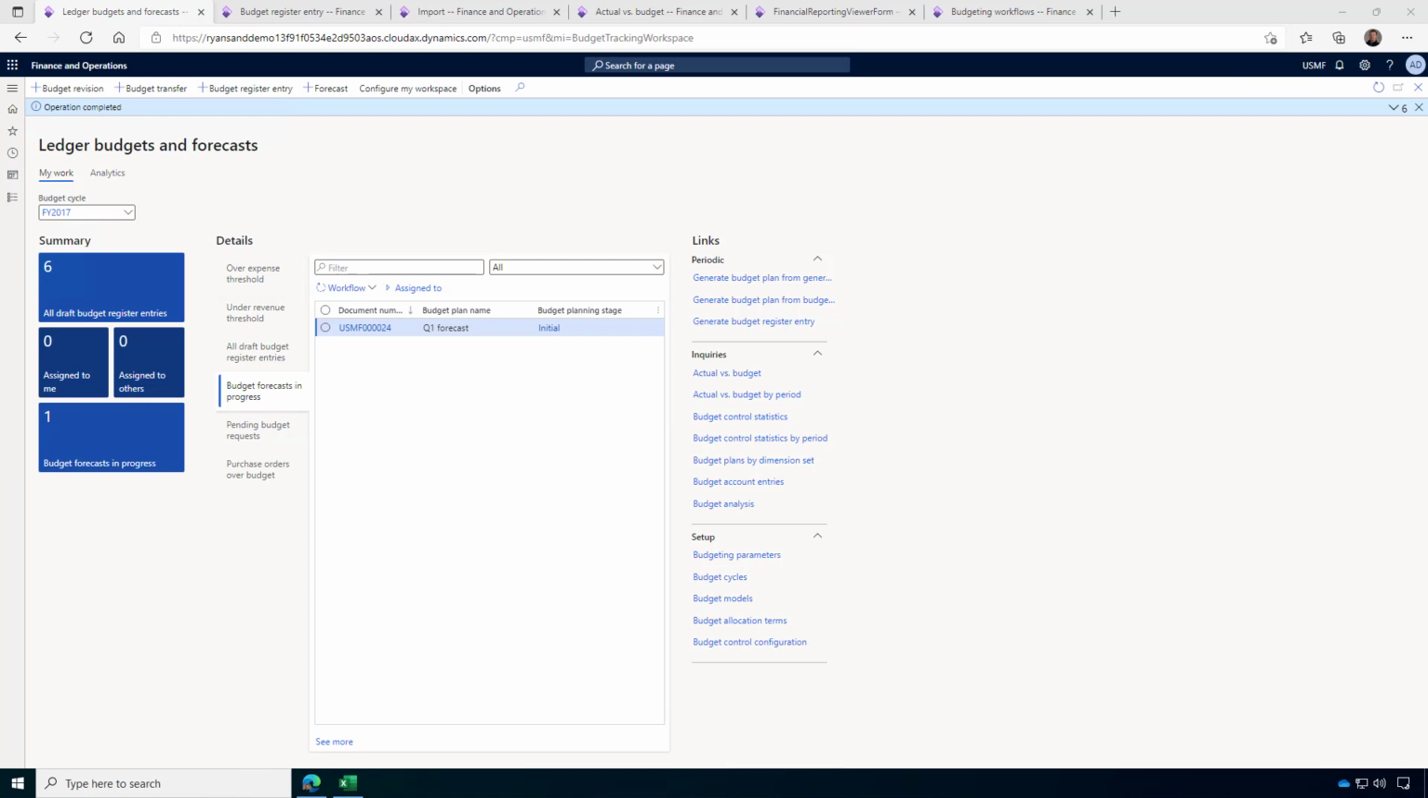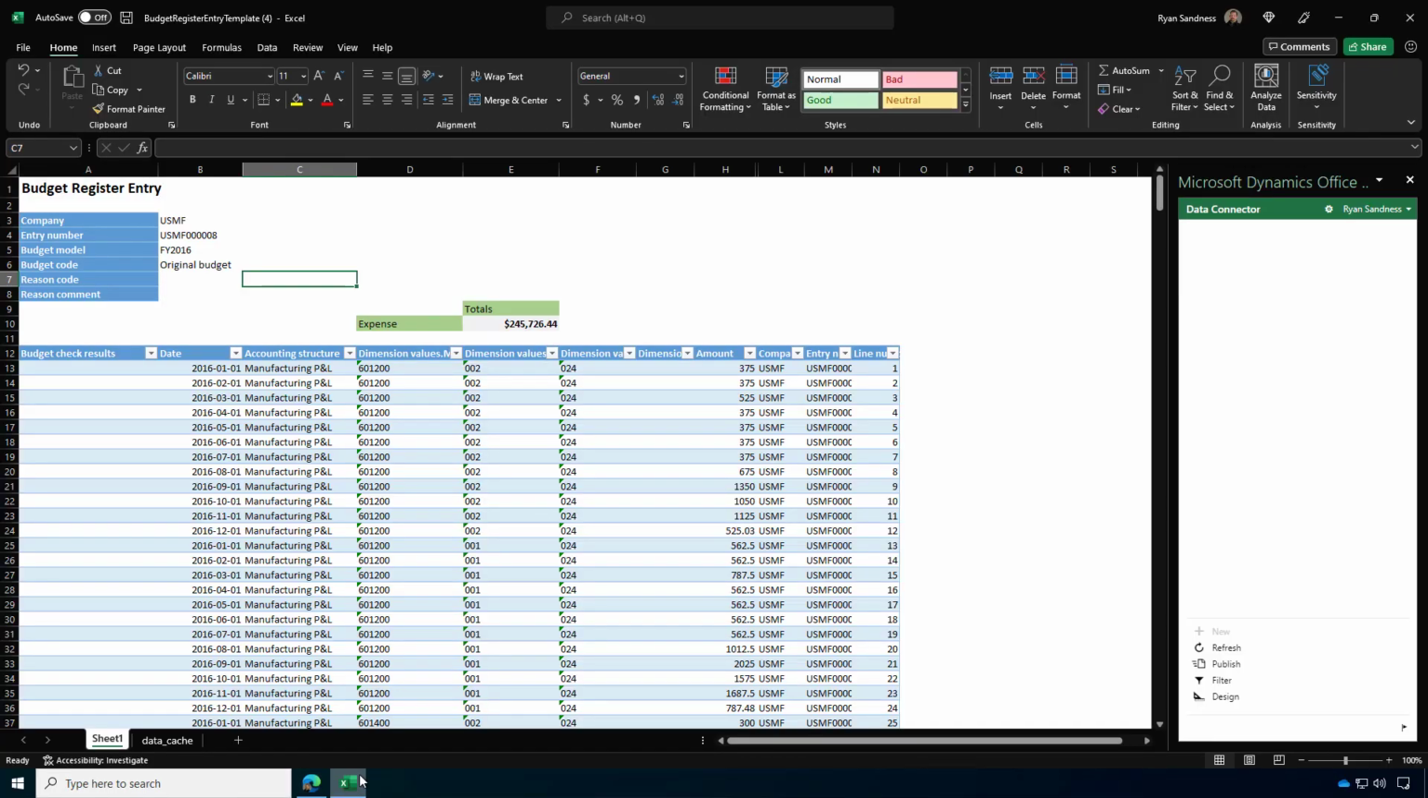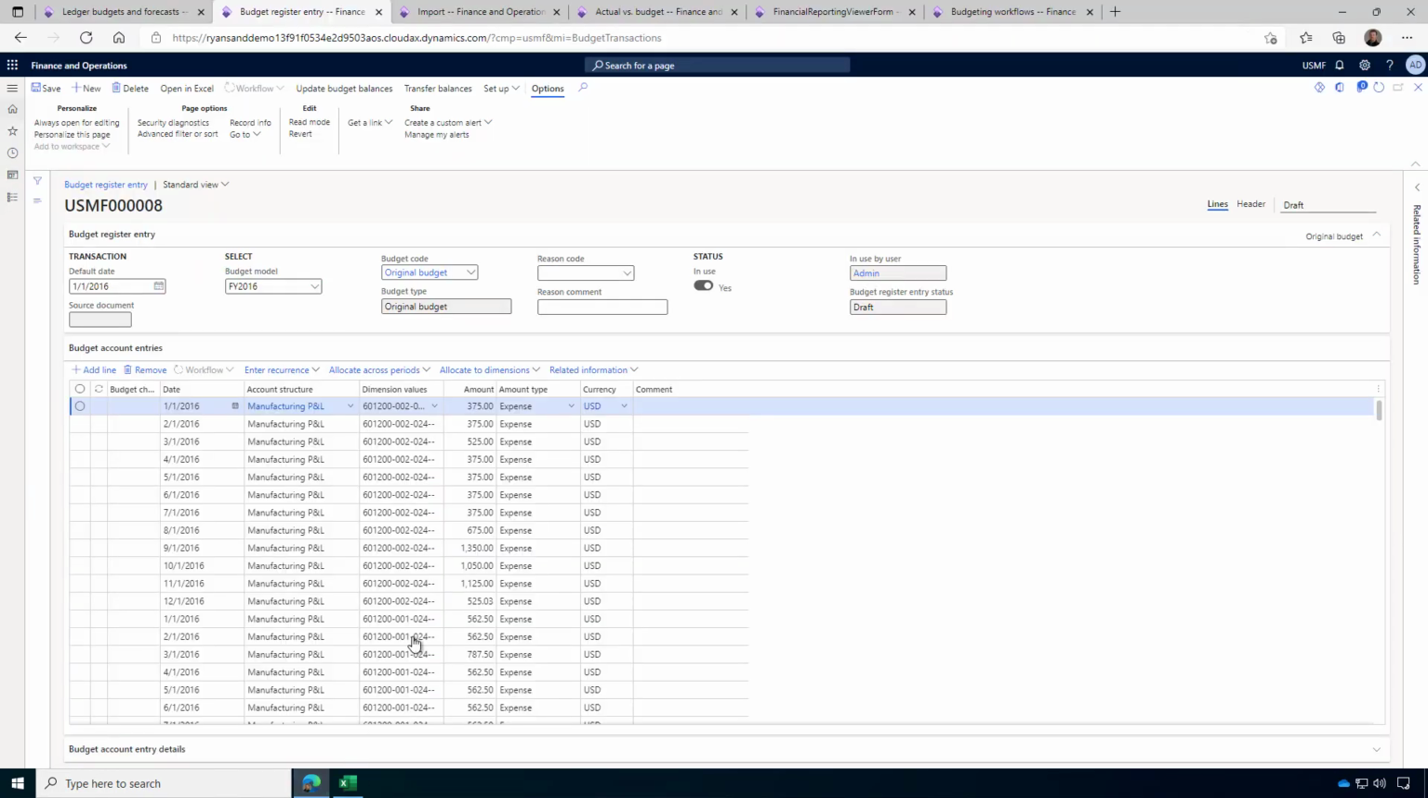Budget register is what most folks are at least vaguely familiar with in terms of budgeting in Dynamics. Budget register closely resembles journal entries in Dynamics. The core features of budget register include the ability to manually enter or allocate budget amounts across the year for your chosen set of financial dimensions, the ability to enter budget amounts through Excel and publish back into Dynamics,